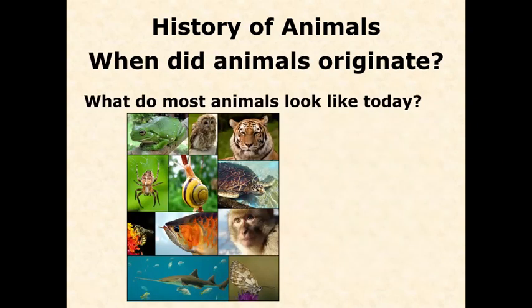Well, most animals are very, very complex. And I just have a selection. I just grabbed this off of a website, but a selection of many, many. These are all bilaterians, which are by far the most common type of animal. In fact, the vast, vast majority of all species on Earth fall into this bilateria group. We have fish, we have arthropods, we have chordates and vertebrates, right? So all of these things are animals, but the earliest animals were probably much more simple. These are the more complex ones that dominate today, but the earliest ones would have been more simple.